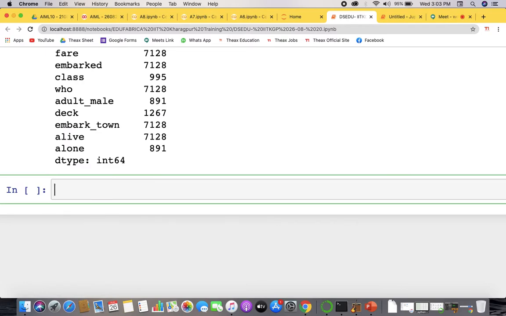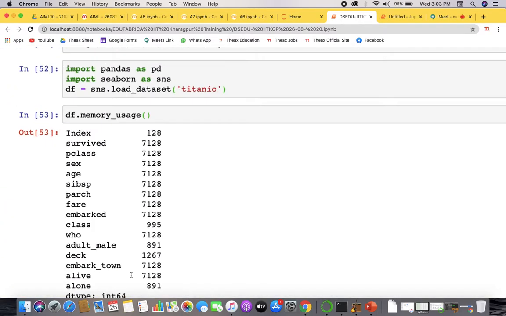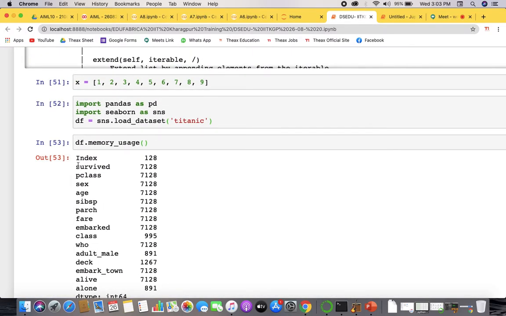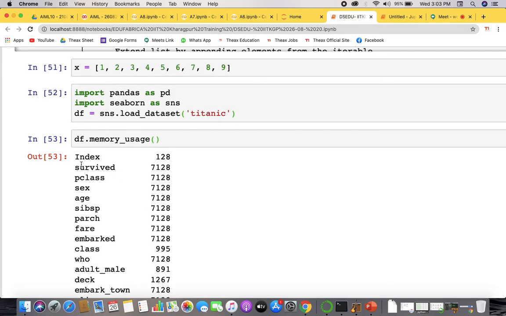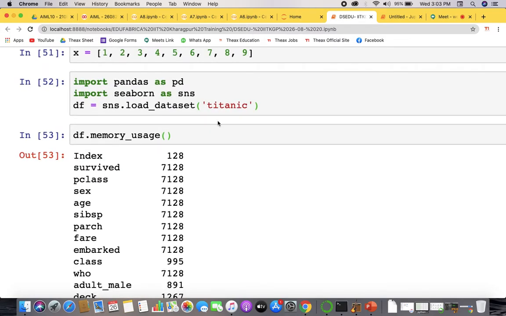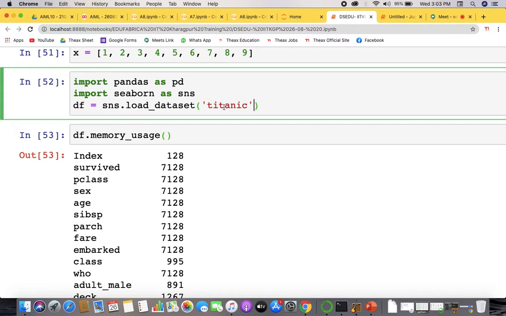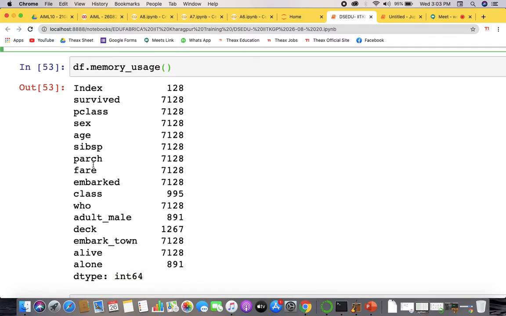This is a data set, and we'll be discussing it; we are even going to make a model on this data. This data set has this much size.